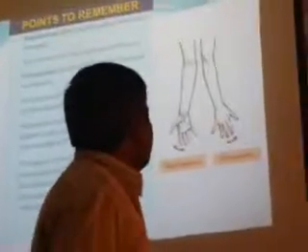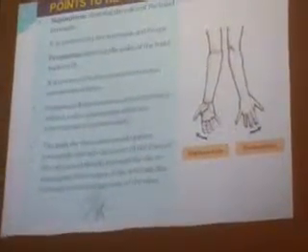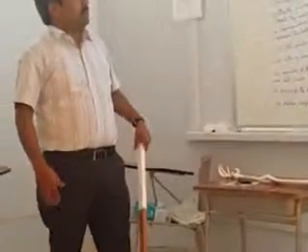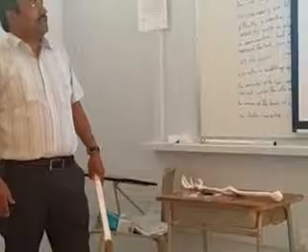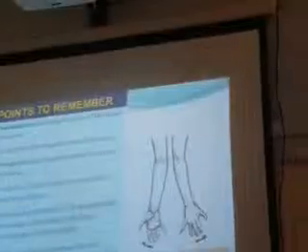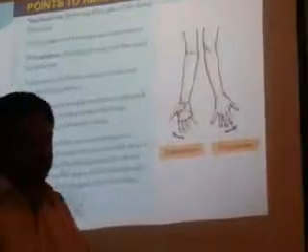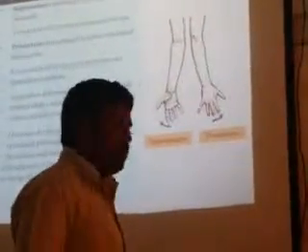These are the points to remember for the radioulnar joints. Supination is facing the palm anteriorly; pronation is palm backwards, posteriorly. The muscles responsible for pronation are pronator teres and pronator quadratus. Supination is mainly by the biceps and supinator muscle. Don't go for the axis, because it is a little confusing for you, and it is not much necessary for undergraduates. That's all about today's lecture about the joints, shoulder,